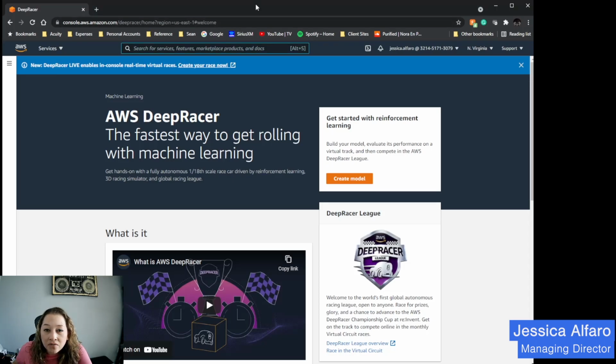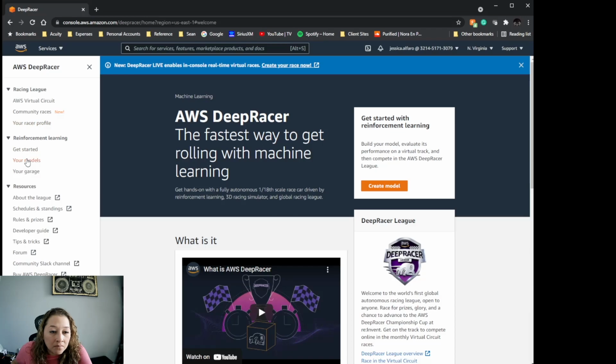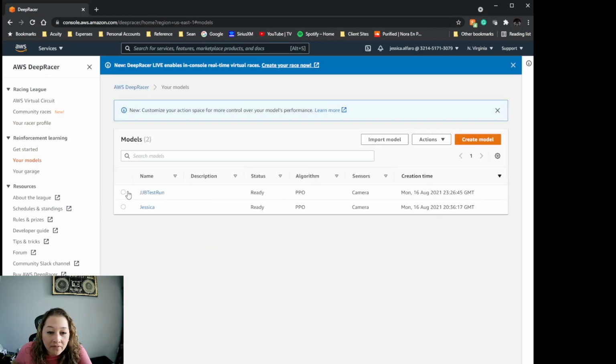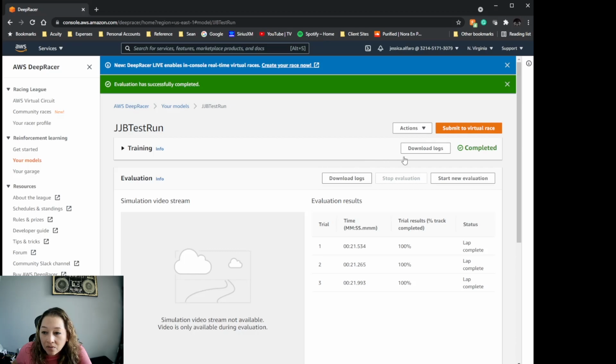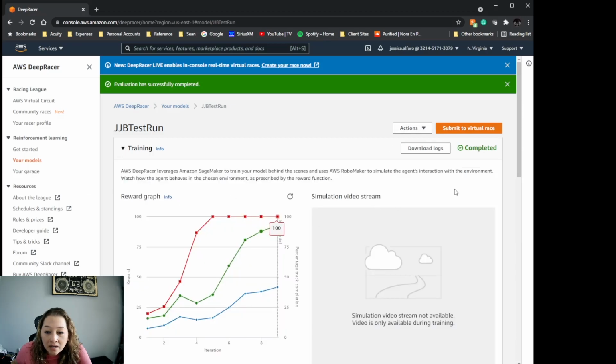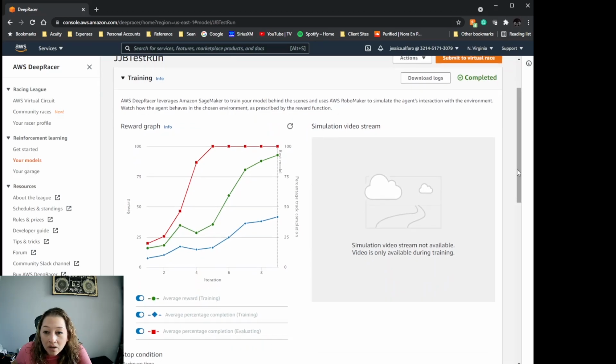All right, so I'm going to start recording some steps that I'm taking here. So I was able to log into my DeepRacer console, and if I go to my models, I already have a couple models that I created. This one here is the one that I've been playing around with the most. I was able to do the training, and these are the results that I got from an hour of training